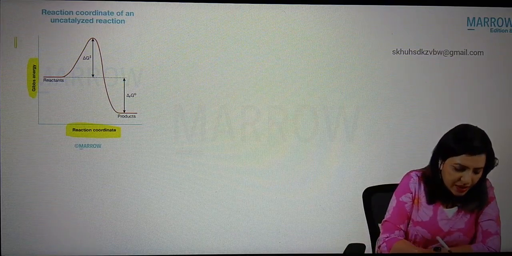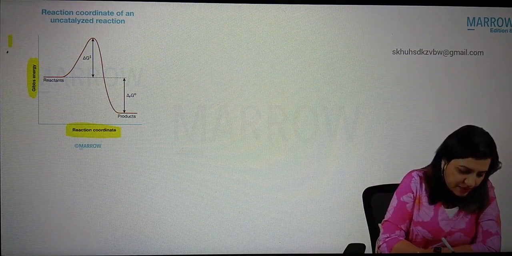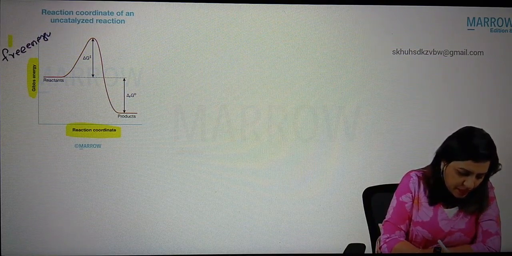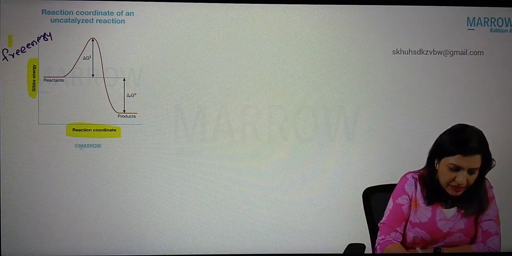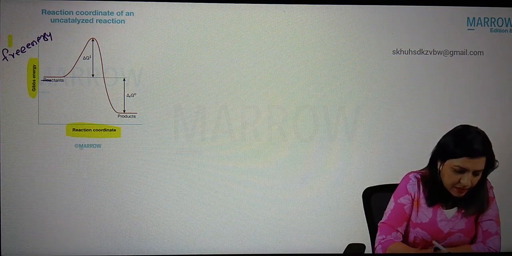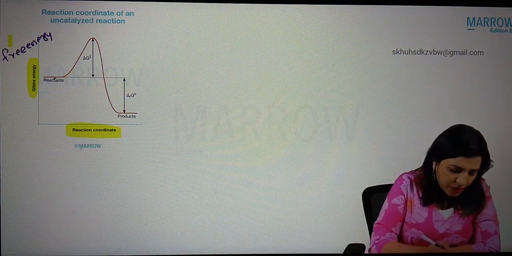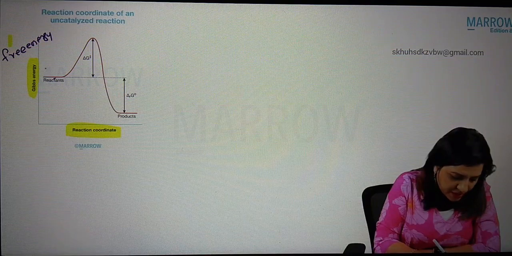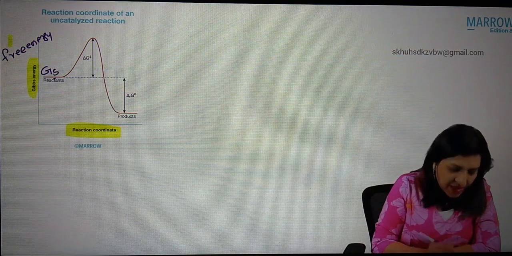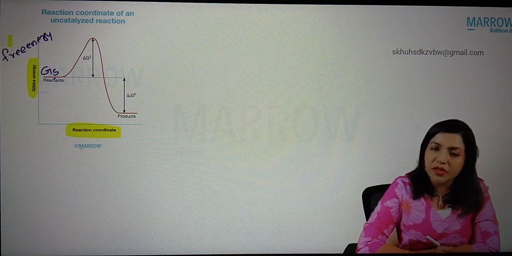Now, these are the reactants or the substrates. So here you can see the free energy of the substrate, which we write as GS,